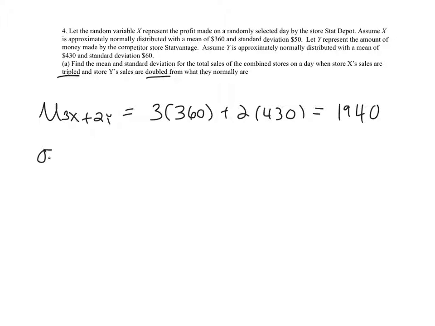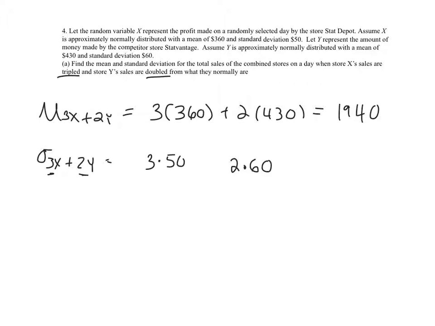Then for the standard deviation of 3X plus 2Y, we need to be a little bit more careful. I can take the old standard deviation, which was 50, and I can multiply that safely by the constant. That'll give me my new standard deviation for 3X. I can also take my standard deviation for Y and multiply that by the constant. So now I have my two new standard deviations, but that's only for 3X and for 2Y, so I need